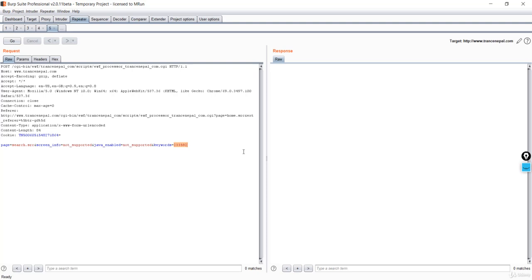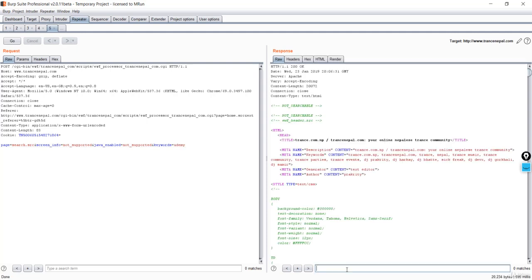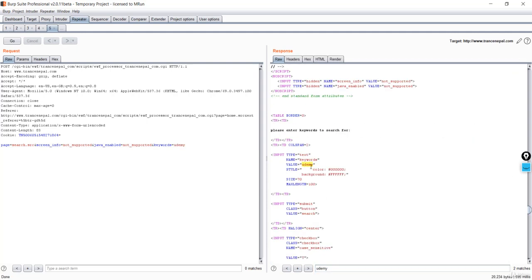And if I just remove this, and paste something like Udemy, and press go, and if I look at the Udemy, then it is reflected right here. Now I want to execute some code in this value field, because this value over here, which is the parameter, is vulnerable. That means I want to inject some small payload over here. So I want to run my script tag, and don't worry, we'll deal with every one of these payloads in the upcoming lecture, but I want to simply show you how this works.